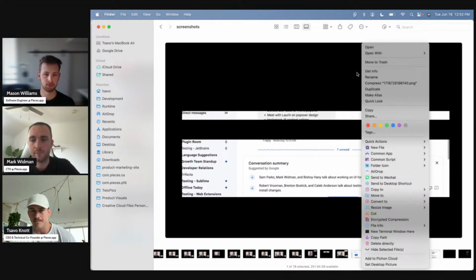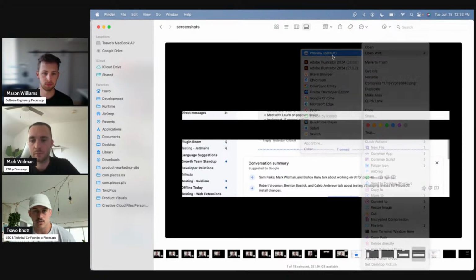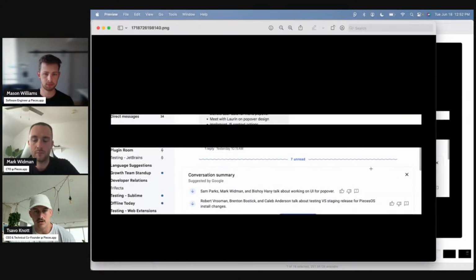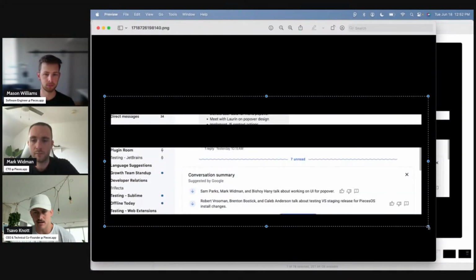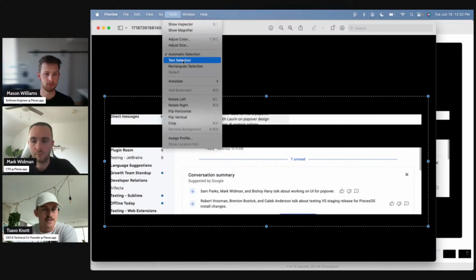So I'll go ahead and show you an example here. I can open this with Preview, I believe. And inside of Preview, I think I can actually select some stuff. And then maybe I can get the text. Yeah. So this is a native API that we leverage on Mac OS and on Windows, both straight at the operating system, hardware accelerated. And this has been built into the operating system for quite some time. And then on Linux, where we don't have a native OCR engine, we actually ship Tesseract, right? So if you're on an older version of Mac OS or an older version on Windows, we'll use Tesseract as a fallback model for vision processing.